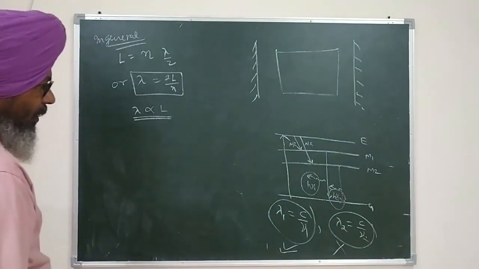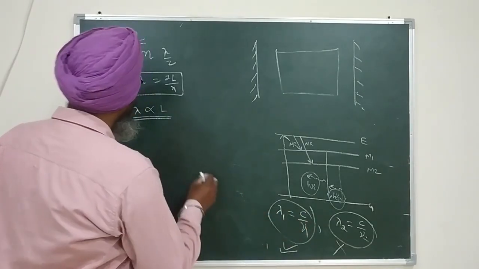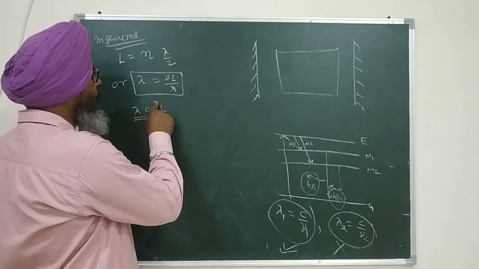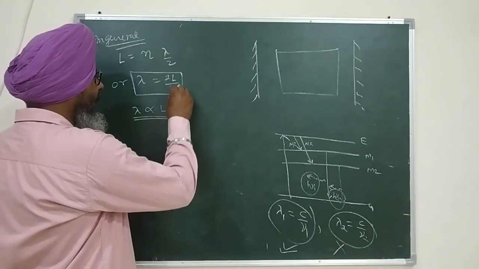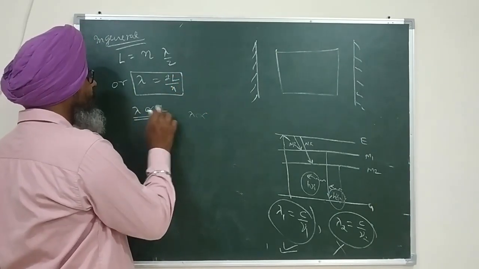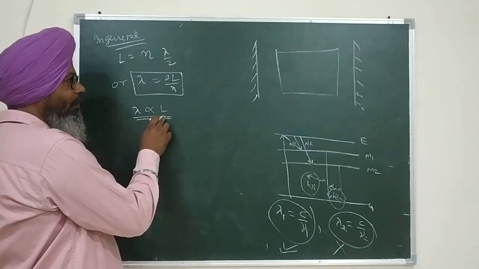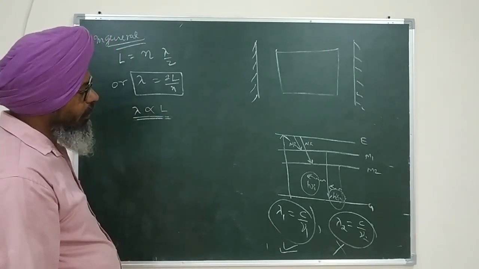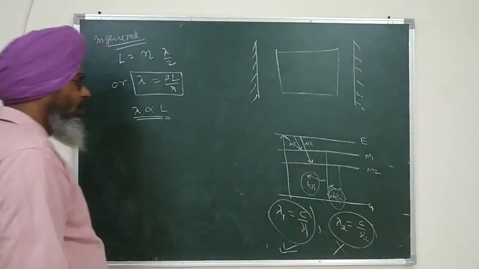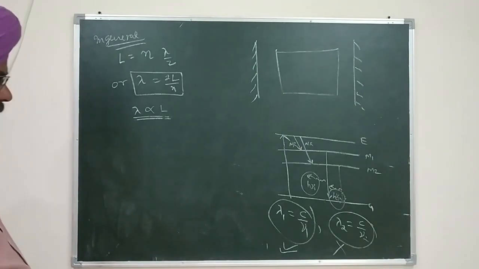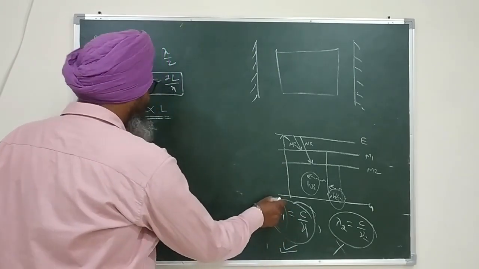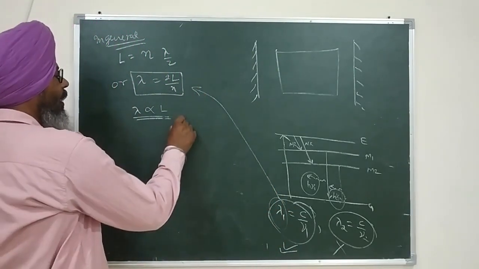I can very simply say that this lambda 1 is fixed, however this lambda, which is the resonance wavelength of the stationary wave to be formed, is a function of L. So I can change L. Since lambda is proportional to L, if I increase L, then lambda will increase. If I decrease L, then lambda will decrease. So by changing L, that is the distance between the two mirrors in the optical resonator, since I am happy with this wavelength being amplified, I can make this lambda 1 and this lambda both become equal for n equal to 1.